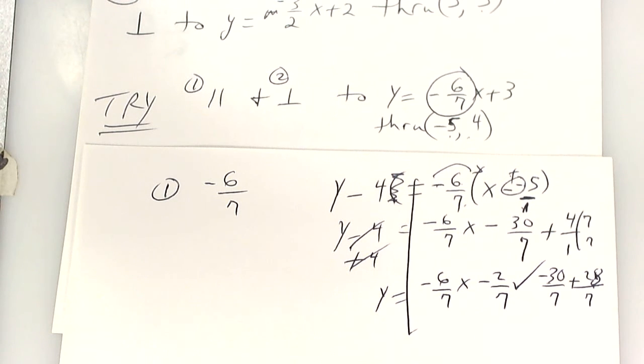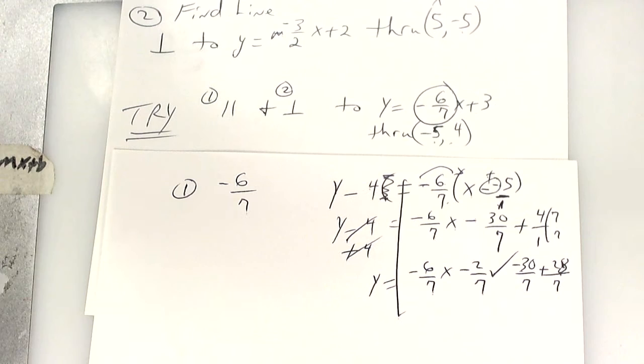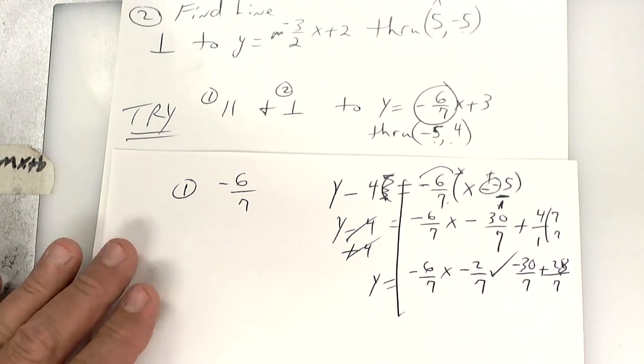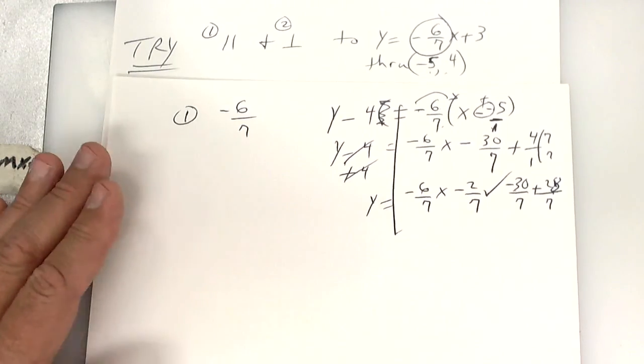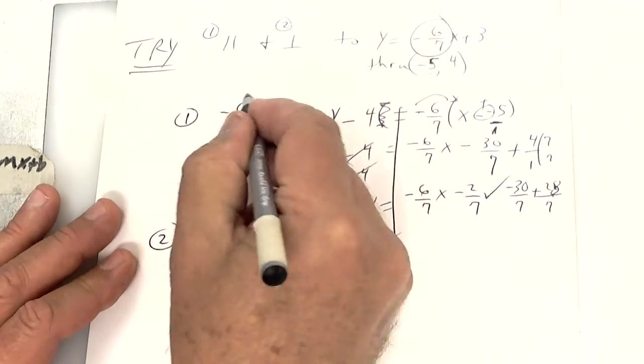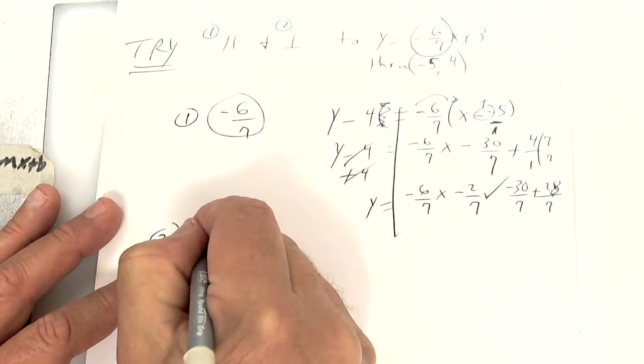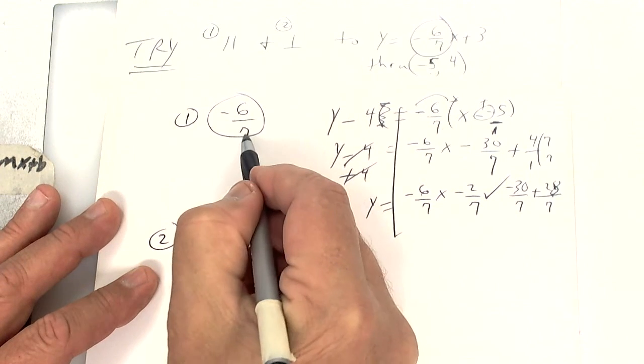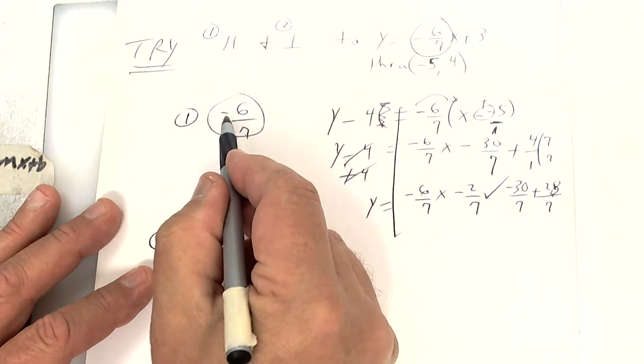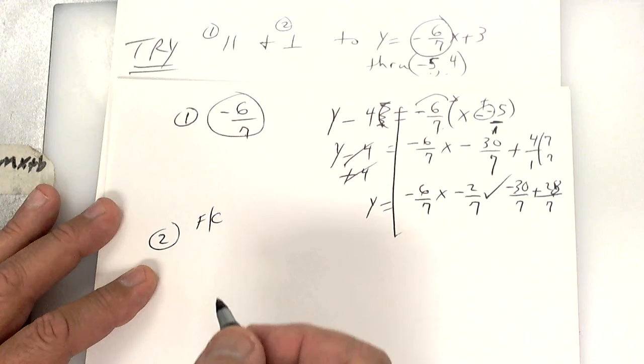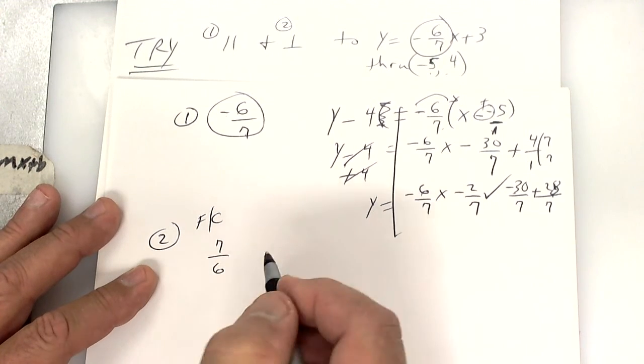Now, I'm going to go ahead and do perpendicular, but I want to make this a little bit smaller. Let me slide this up. Okay, now watch, number 2. Perpendicular, you're going to take this, flip, change. So put flip, change. So that's called negative reciprocal. So it changes from a negative to a positive. So put a positive 7 over 6. So it's going to be